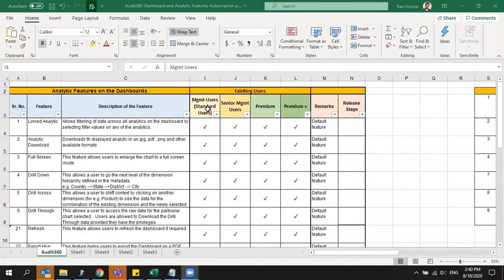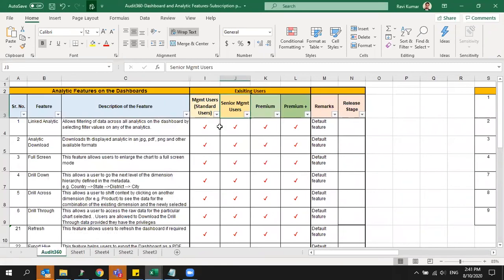Ravi, I'll just explain the 3 levels we have added. So the current dashboard has 3 levels of users, which are Plus, Pro, and Prime. The reason it is starting with Plus is because at the base level itself, it gives more features compared to the previous dashboard. The next one is Pro, and the highest level of access to the dashboard is Prime. These are the three levels of access that are available.